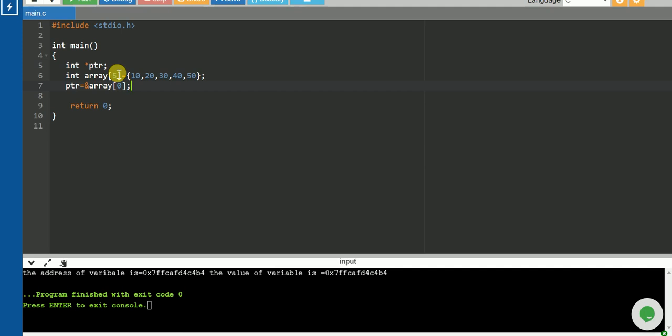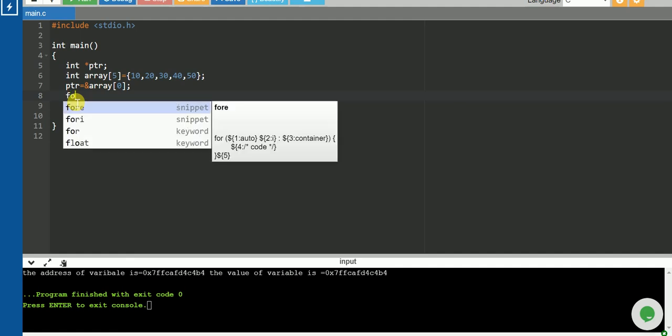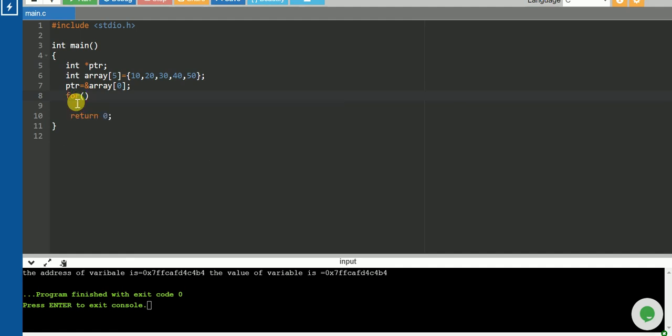Okay, so now I want to traverse the array elements. If I want to traverse, I need to use a for loop. If I use a for loop, then I should use one more variable, that is i.